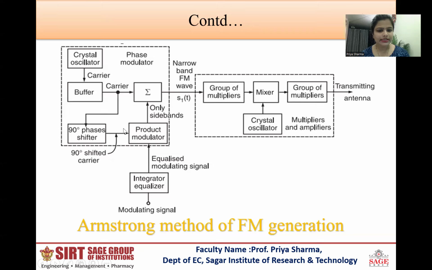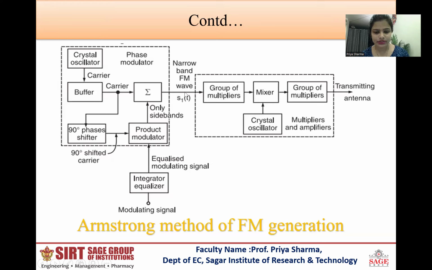At the output of the balanced modulator, or the product modulator, we get a DSB-SC signal, that is, an AM signal without carrier. This signal consists of only two sidebands with the resultant in phase with the 90-degree shifted carrier. The two sidebands and the original carrier without any phase shift are applied to the combining network. At the output of the combining network, we get the resultant of vector addition of the carrier and the two sidebands. Okay, students, S20 denotes this.